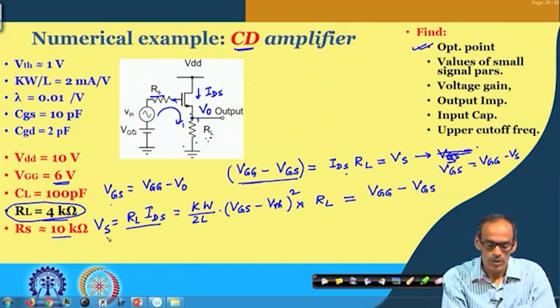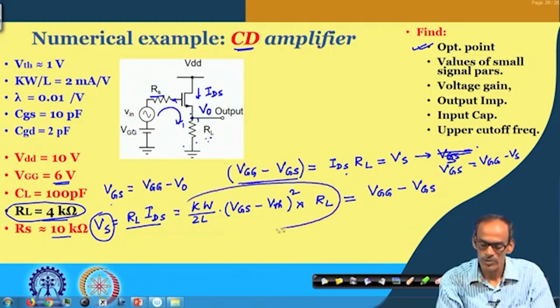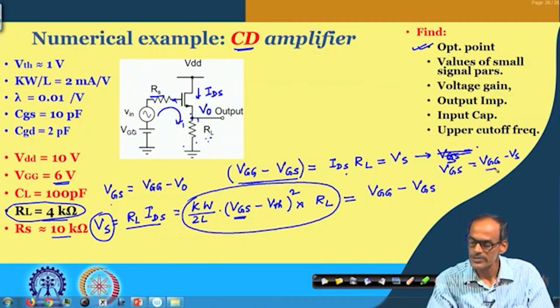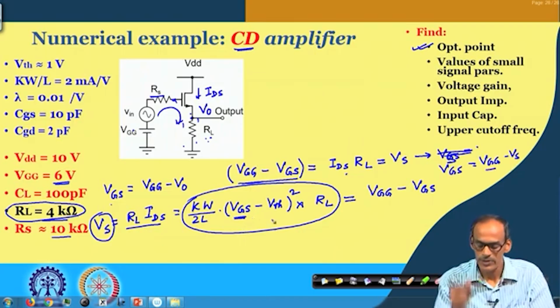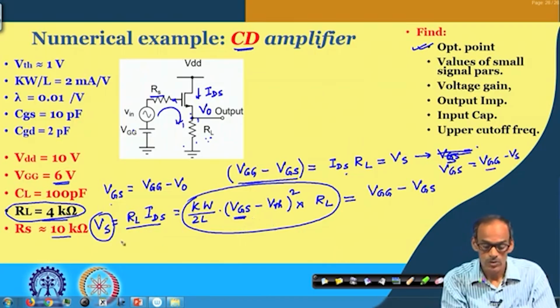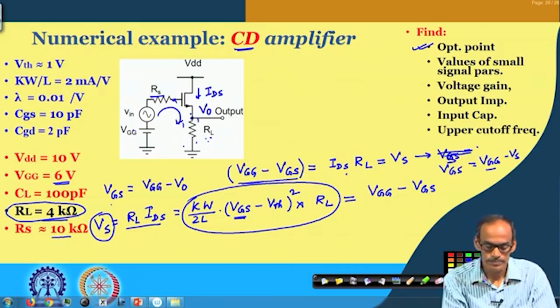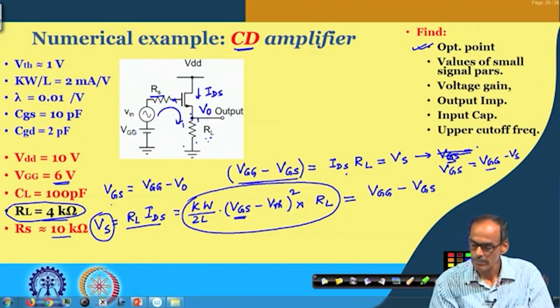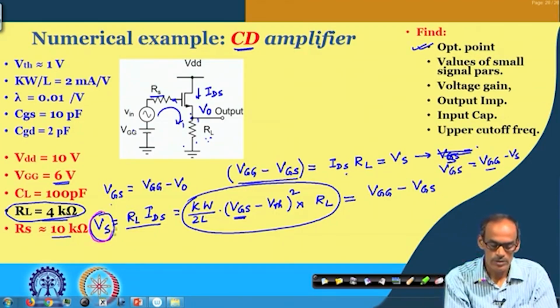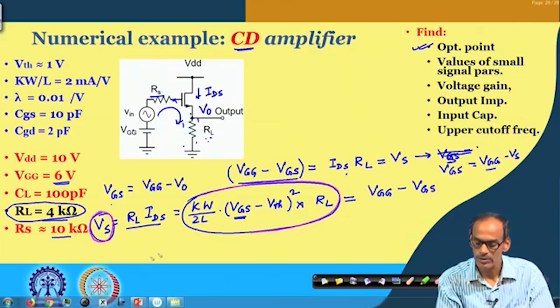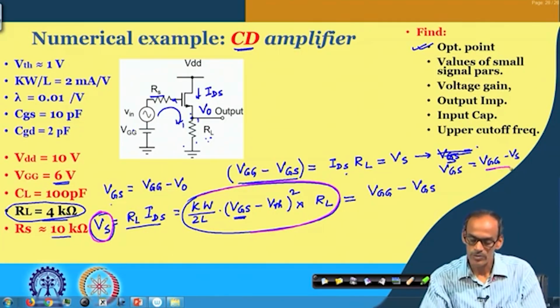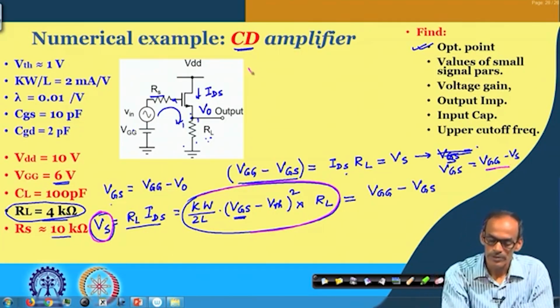Now we can say that V s equals this one. On the other hand, V g s you can replace by V g g minus V s. Let me use a different color. Using this part and this part along with this one, we can say that V s equals